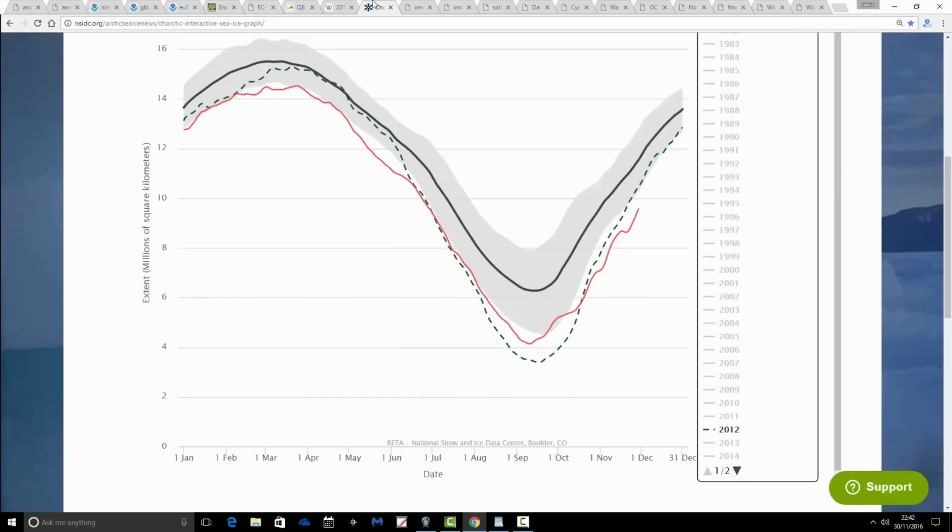At the start of the winter updates, we tracked the Arctic sea ice melt season, and this is where we went with the melt season at its minimum. Big melt season again, although not reaching the death spiral year of 2012. However, the refreeze has been shockingly slow, and now we actually have a record low Arctic ice extent for this time of year. We are under the death spiral year, which is the green dash line of 2012. We are under that right now. The refreeze